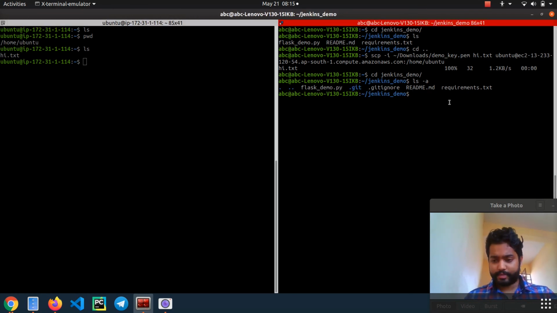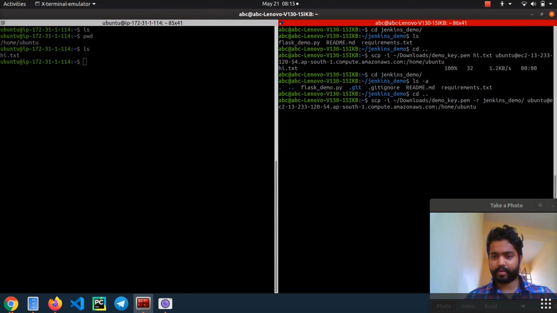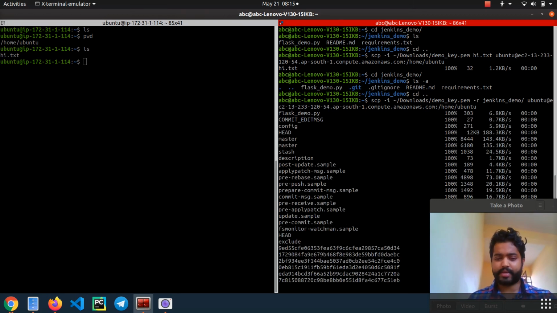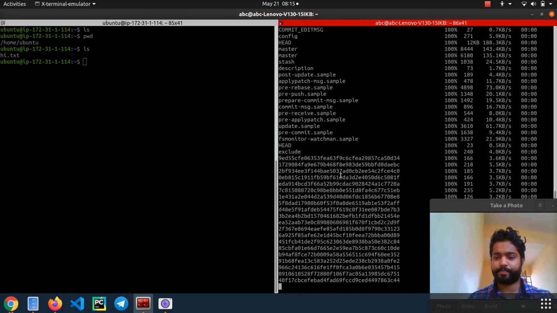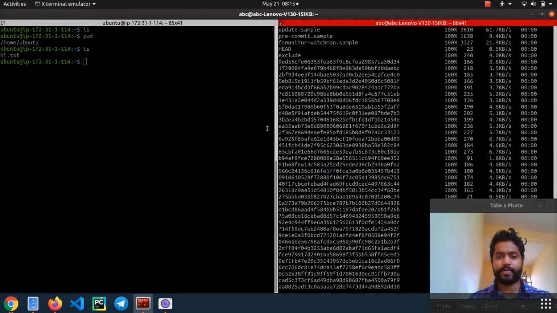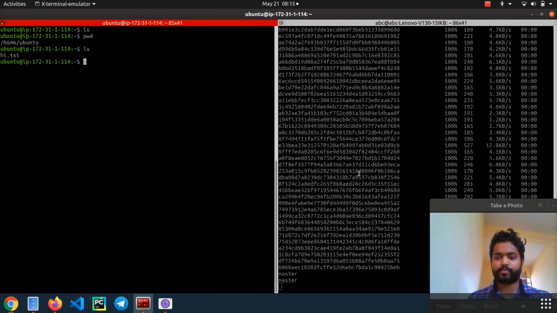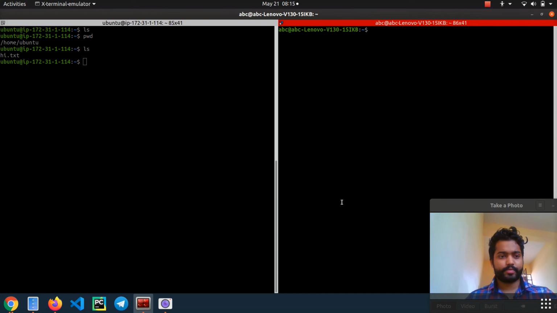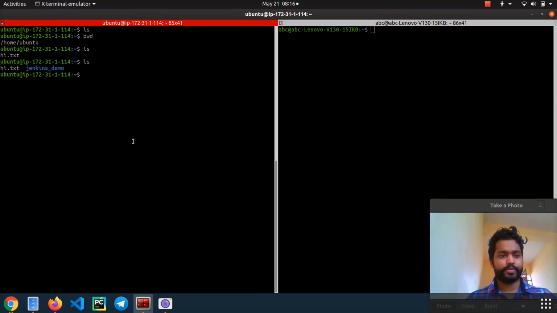Okay, so if I try to do this thing, scp -i, yes, that's it. If I hit this command, it is actually copying all the files, guys. It will take a little while. See, these are the commits that are going over here from the .git directory. Also, guys, we won't be able to see first. This thing has been copied over here.